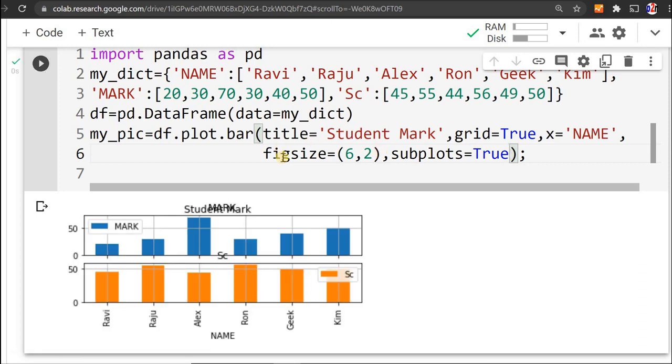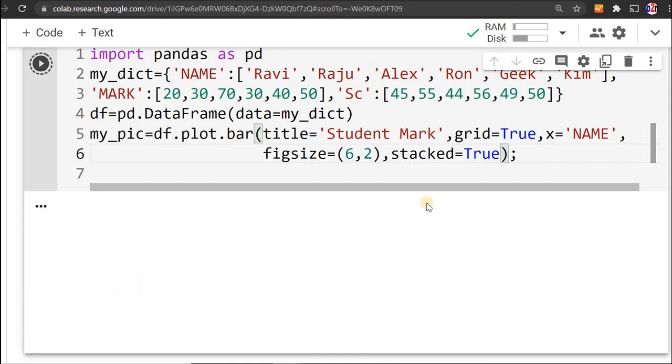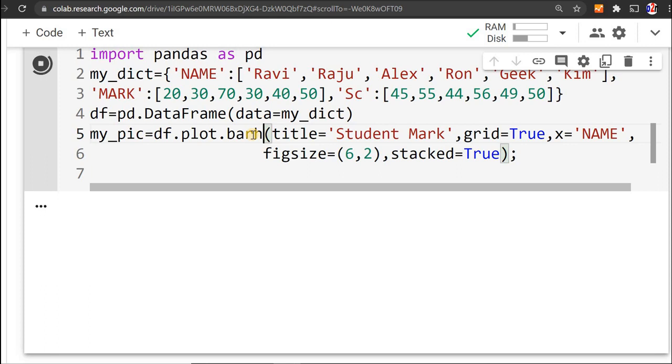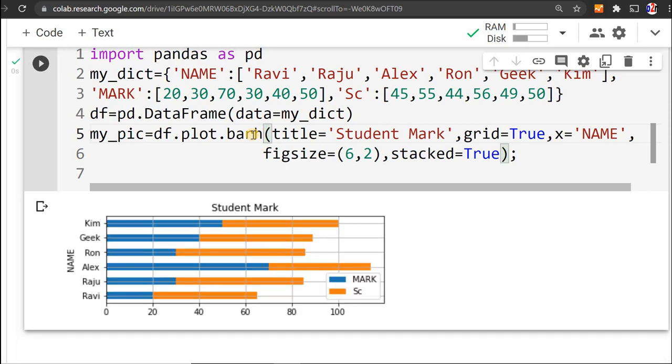Yeah, you can see now 2 different plots are there. In that way you can combine these 2 plots, or you can put it separately. Now we can stack it also. Now let's go for stacked. Stacked equal to, by default it is false. Now we'll make it true. So see, this is now the stacked graph. Now I can make it horizontal also. I'll just make it barh. So run this. Yeah, you can see now it's a stacked horizontal graph.